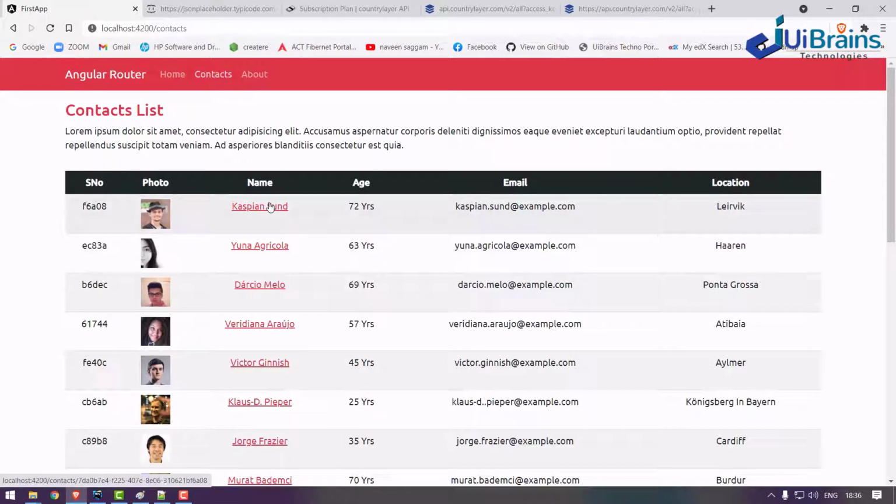That's fine. But now I don't want to just display a static text like this. I want to display the particular person's data, and you get that based on an ID. The first part is you have to read this ID from the URL,